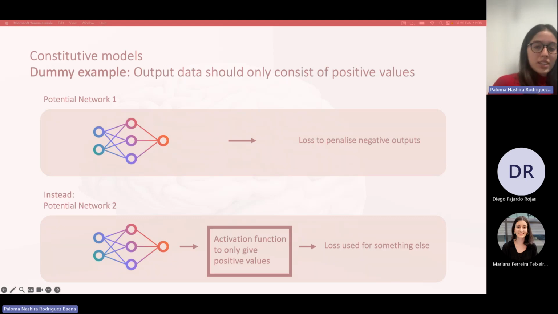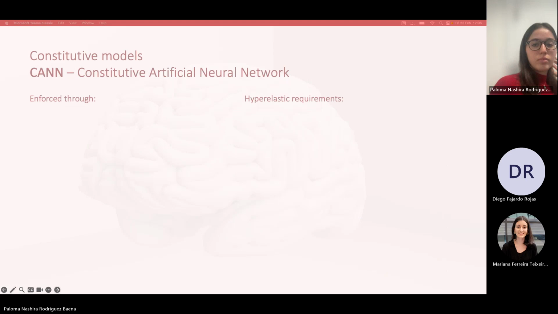In the context of hyperelasticity, there have been constitutive models built to satisfy the requirements of hyperelastic materials. And since they are neural networks, they still have some of the flexibility of being a data-driven method. One of these constitutive models for hyperelasticity is the CANN, the Constitutive Artificial Neural Network. And the idea behind the CANN is that